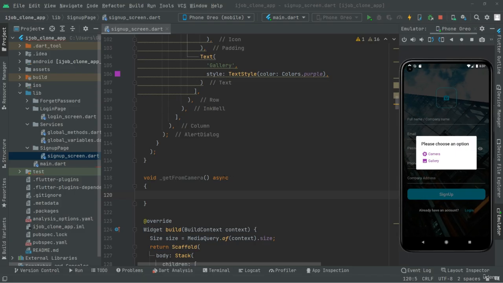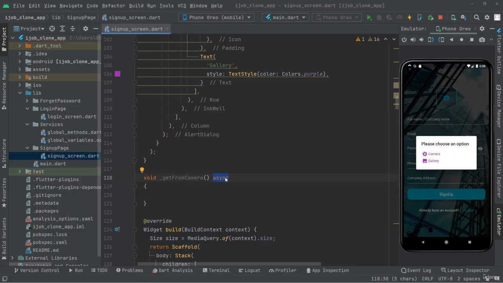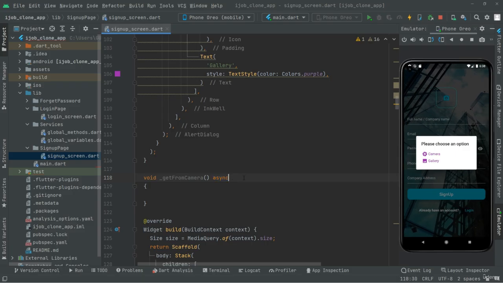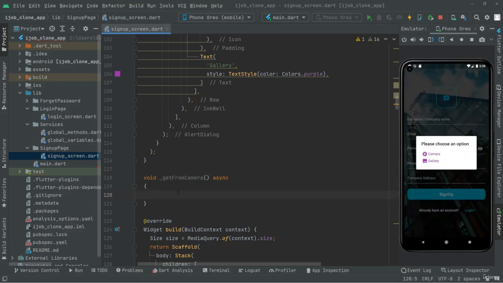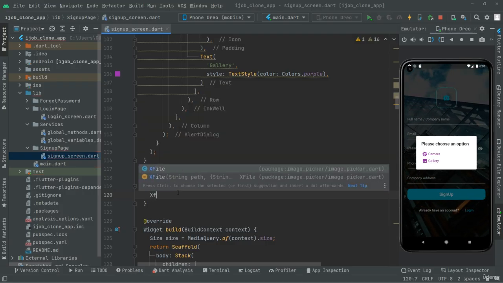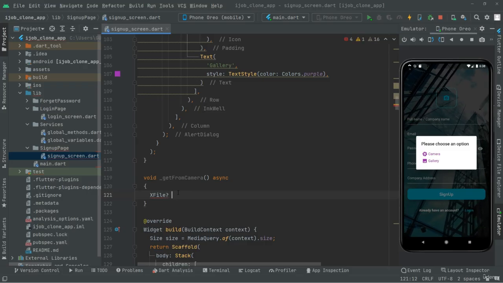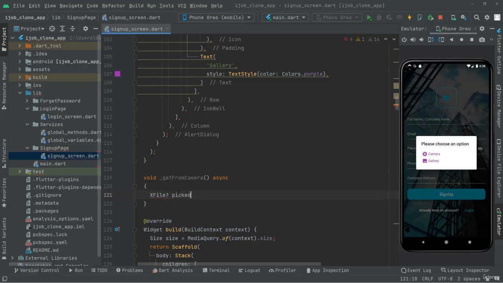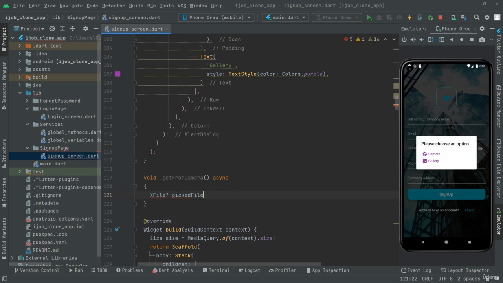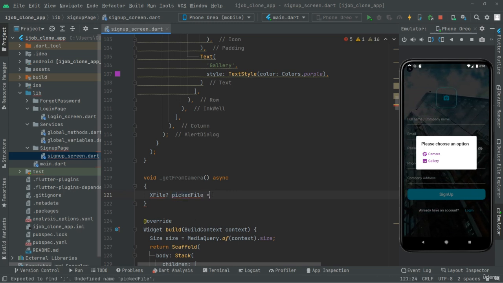and I have already told you about this asynchronous. It basically returns the type of a Future. So let's move further. Now simply what we will do, in here you will say XFile, there we go, question mark, and then we're gonna name this pictFile. So now right in this pictFile, what we will do, we will just assign, first we will write await